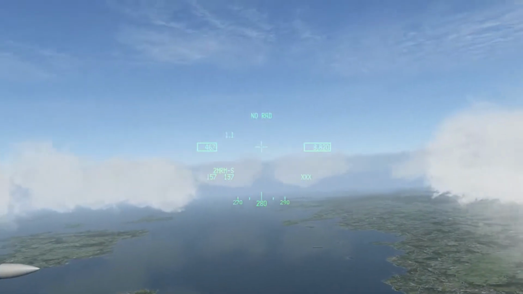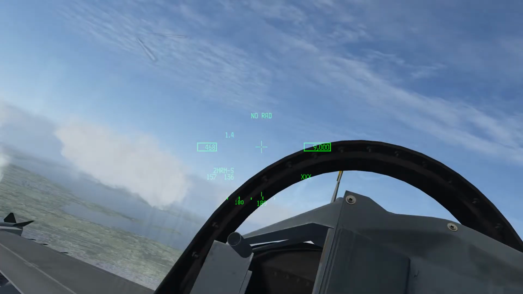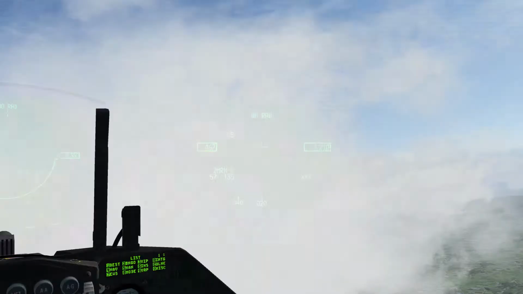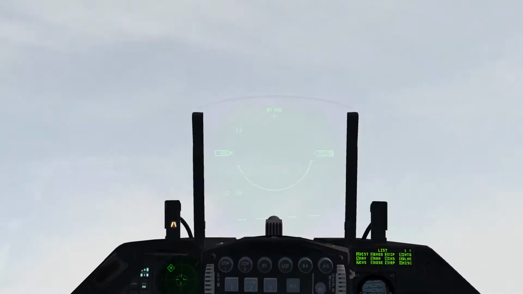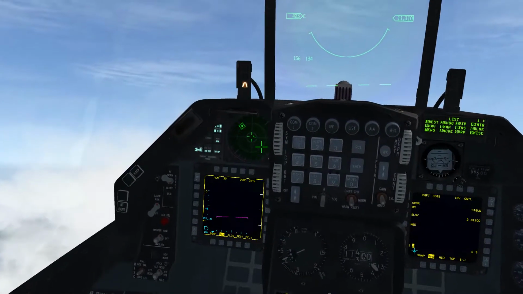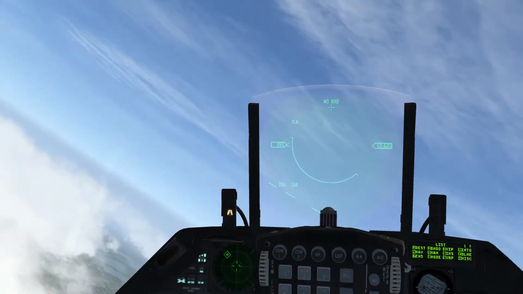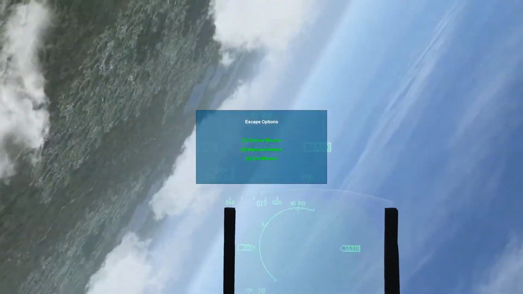You'll also see here on the HSD, when I hit S and Shift S, it will fill in the steer point I have selected. Okay, now we're going to talk a little bit more about the HUD and the upfront controls. An important thing on your HUD, let me actually zoom in here for you. Important thing on your HUD here, this bottom left set of numbers is your bearing and distance to bullseye. So if at any time you need to call out your